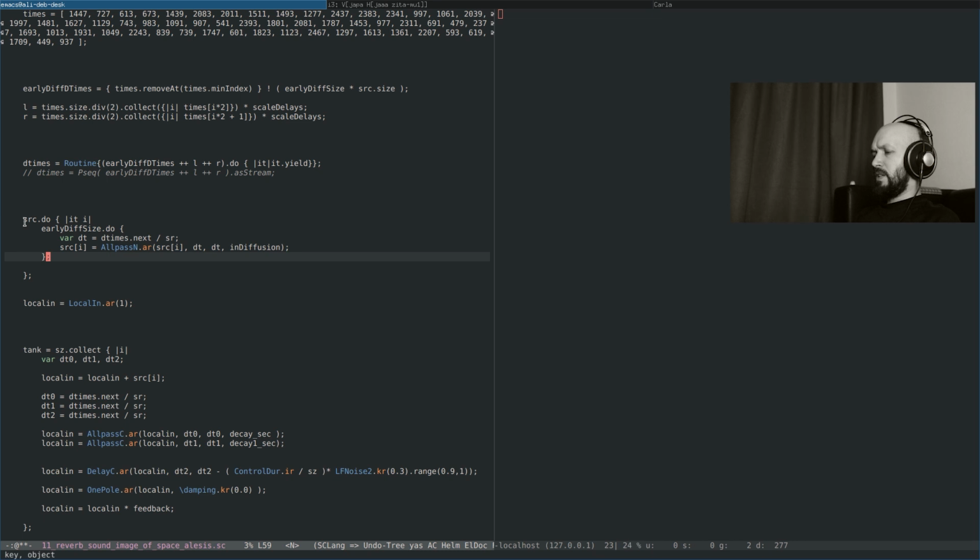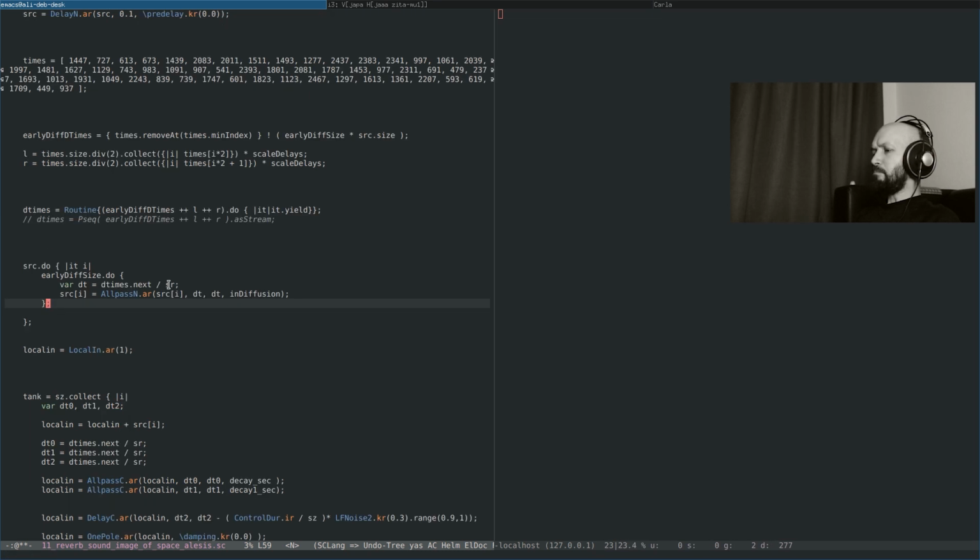As you can see, I take the source signals and then pass each one of them through the chain of all pass filters. For that, I want to have small delay times, yeah. So what I do,